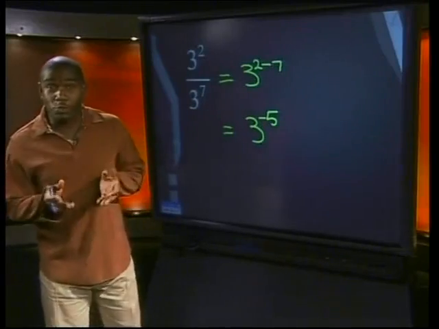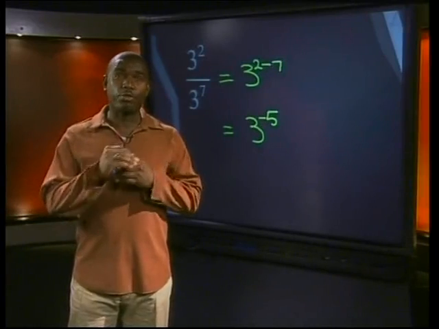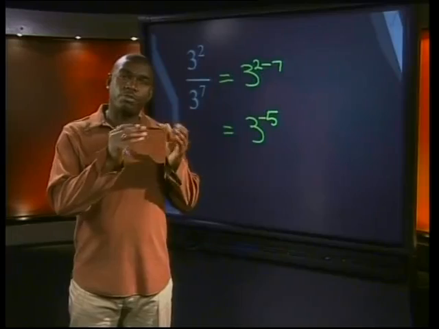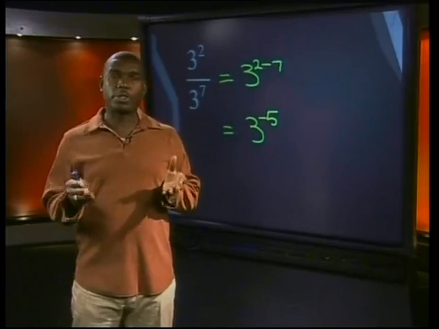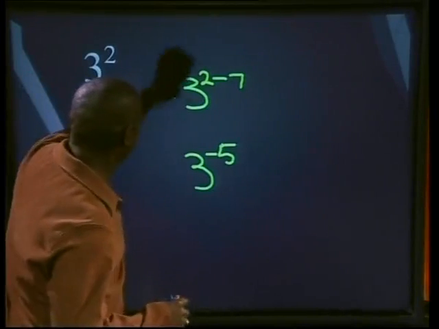But we prefer to write powers with positive exponents only. This makes it easier to solve exponential calculations. So how can we write 3 to negative 5 with a positive exponent? When we are working out how rules work, it is always useful to start by expanding the example. So in this case,